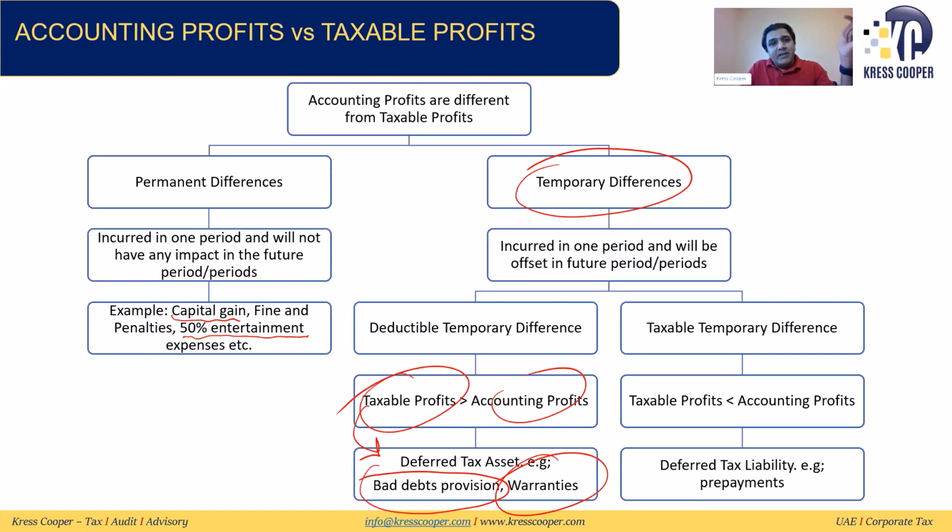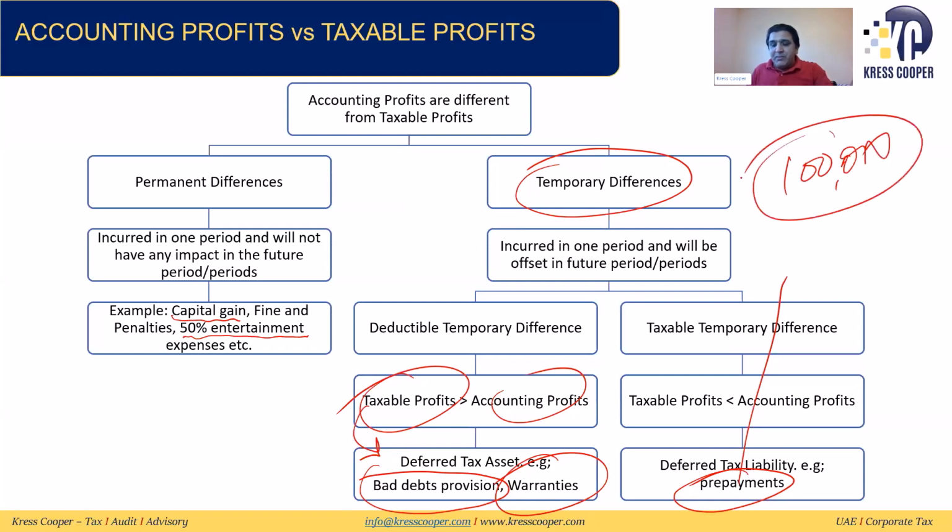In the same way, with taxable temporary differences, you will be liable to pay less tax now, but in the future you will be liable to pay more tax. So prepayments: usually tax authorities follow the cash basis of accounting. Whenever you are making prepayments, authorities will allow 100% of the prepayments right now. So assuming the prepayments are